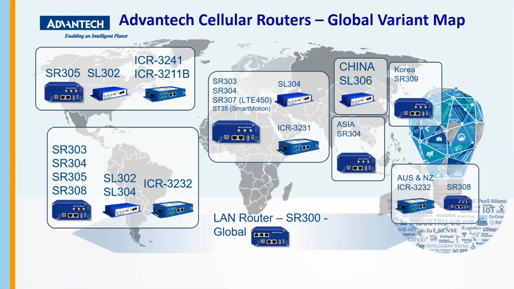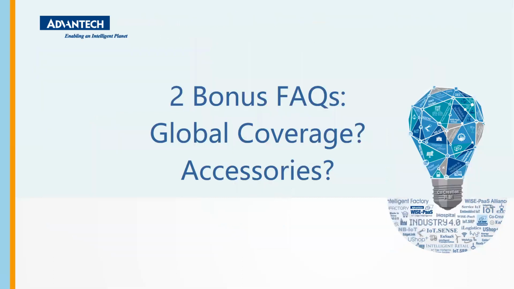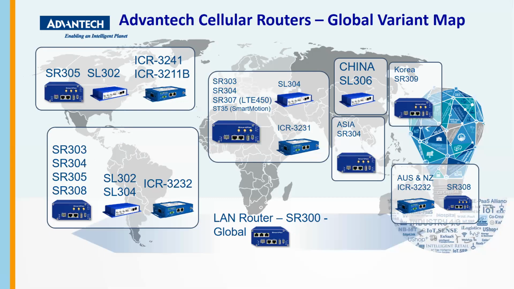I do have a list. I'll send you my most recent list, and I saw who the question came from. I will send that out. But what's most important is to know if you're going into North America, here are your options, Latin America, and you can look, right? We can specify, okay, if this is going into Chile, we know we need to support these certain bands. And the data sheets list it. We can pull up the information online. This ICR 4000, by the way, will work in all of these regions. It'll be a kind of a global router, but it's not going to be cheap,